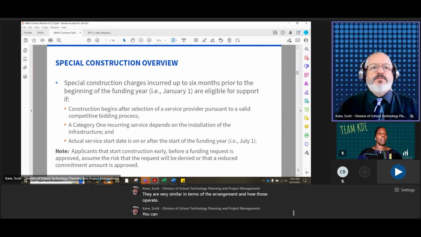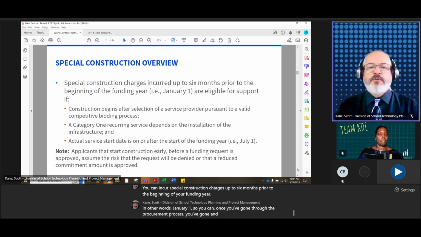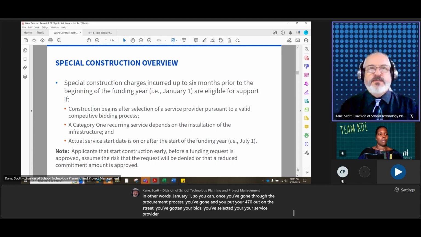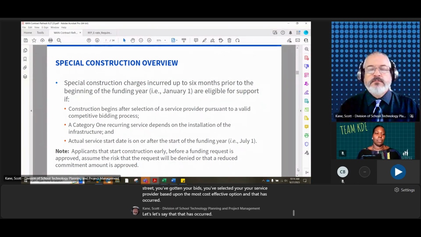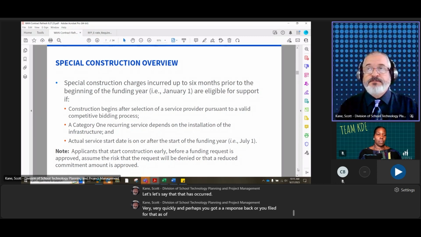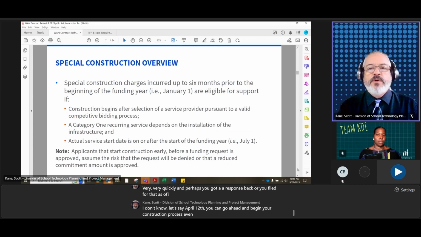You can incur special construction charges up to 6 months prior to the beginning of your funding year. In other words, January 1. So once you've gone through the procurement process, you've put your 470 out on the street, you've gotten your bids, you've selected your service provider based upon the most cost-effective option, and that has occurred, let's say very, very quickly, and perhaps you filed for that as of, I don't know, let's say April 12th. You can go ahead and begin your construction process even before you have received a funding